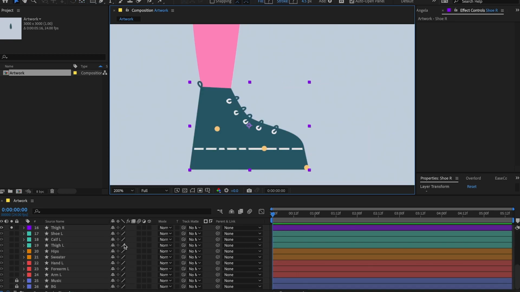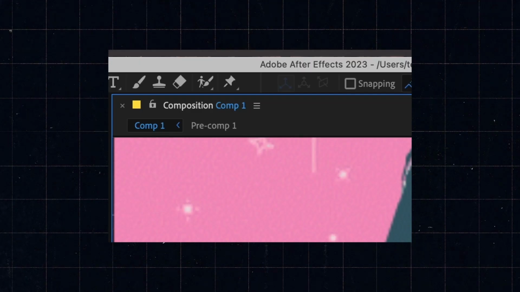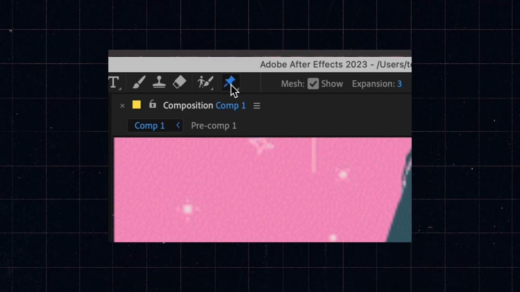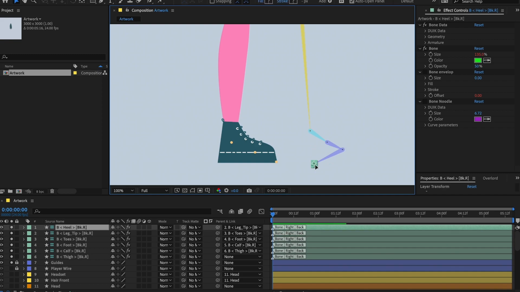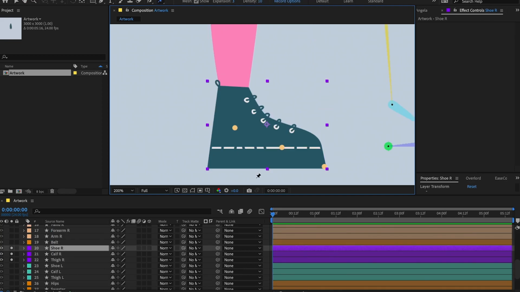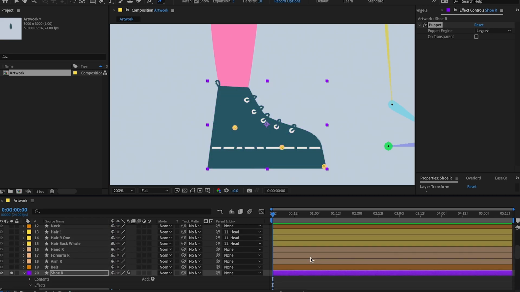You can see the shoe is just its own layer with a lot of complexity to it, with all the shoelaces and this line, and that's why it will be easier to approach it differently by using the puppet pin tool. So this is the Duke structure for the foot, and as you can see we need to have layers for the places where the foot connects to the cuff, and the foot to toes and toe tips. So let's go ahead and follow the guides, add those pins and also name them, and change the engine to Legacy because that's what's going to work better in this situation.